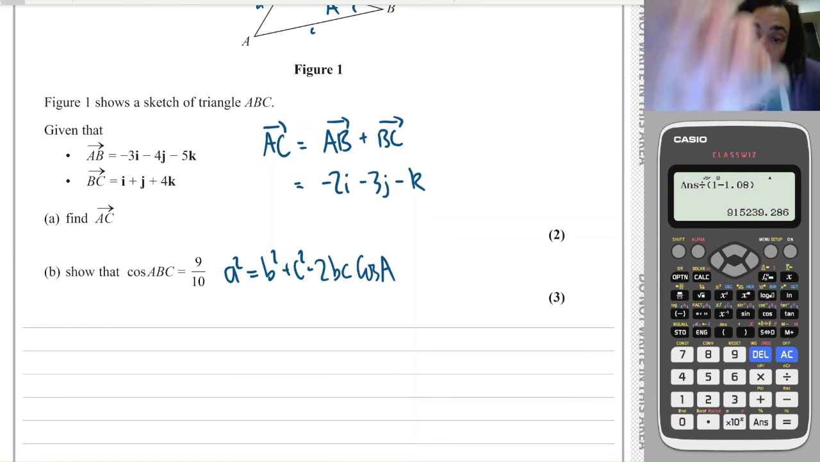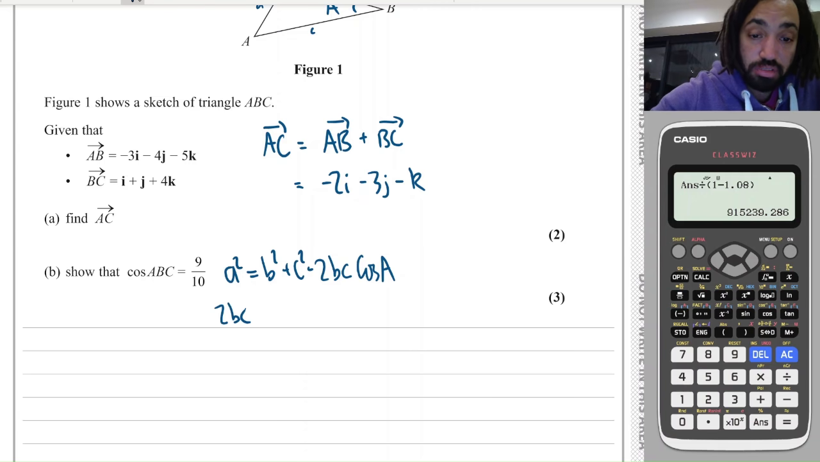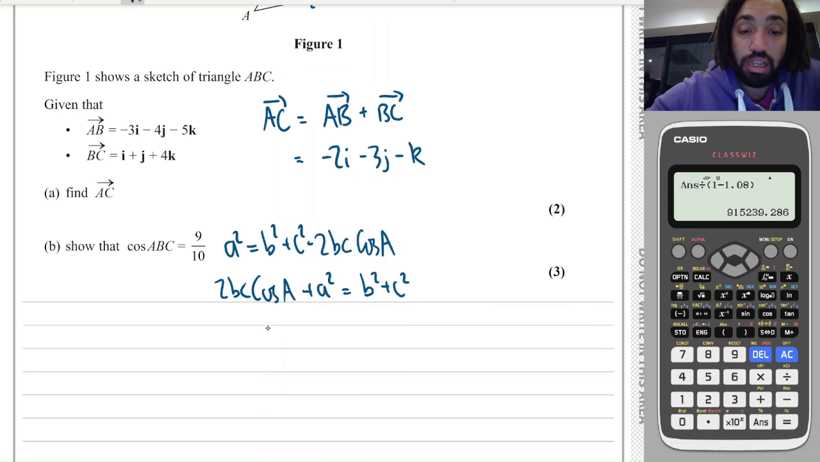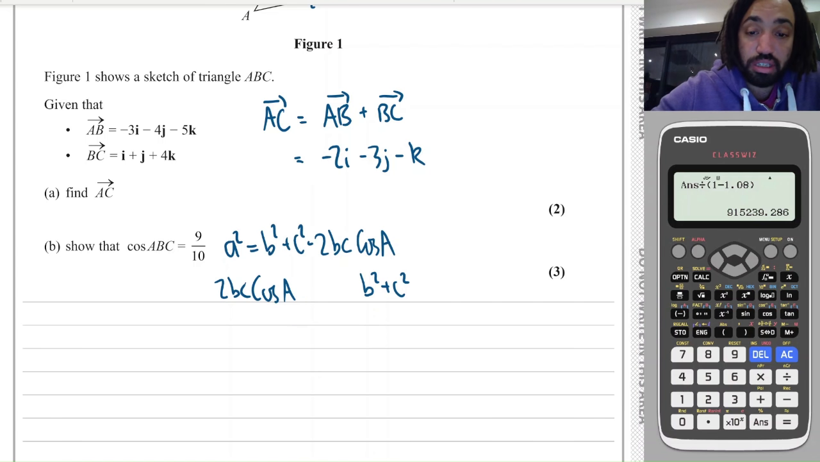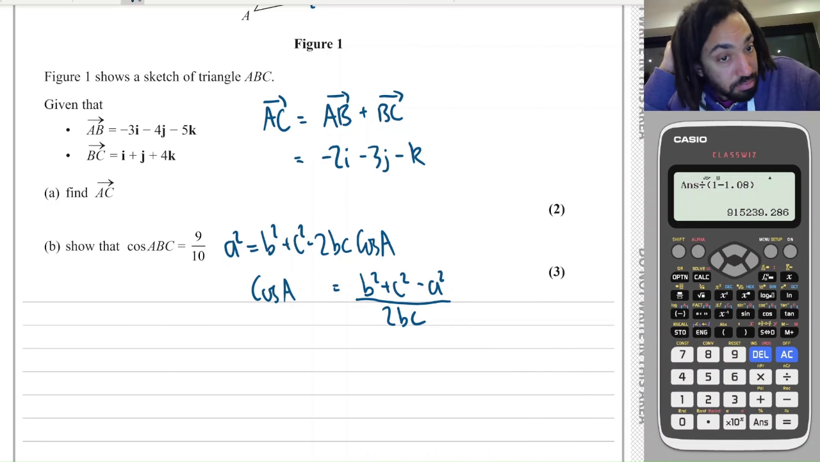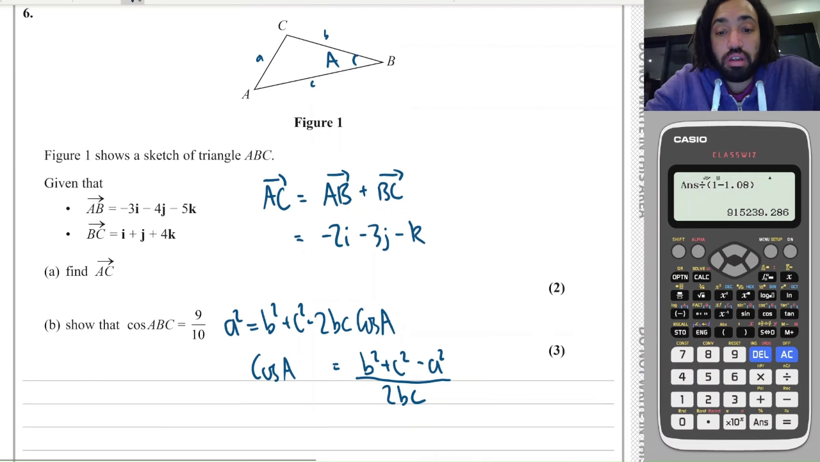So let's rearrange this equation so that cosine is the subject. So I'm going to add the 2bc cosine A to the left side, plus a squared equals b squared plus c squared. And then I'm going to minus the a squared to the other side, like this. And then I'm going to divide through by the 2bc. Okay, so